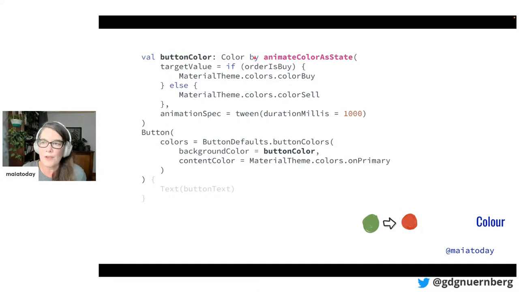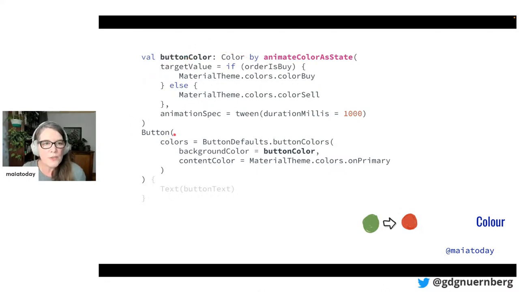We're using a delegate over here, so we're actually getting the actual color coming out of this. And this will change. The composer will know when the state changes, and then the composer will recompose and allow this color to change. Again, here we see animation spec, which says it's going to be a linear interpolation that's going to last over 1 second. And now we've got this color, and this color is changing.